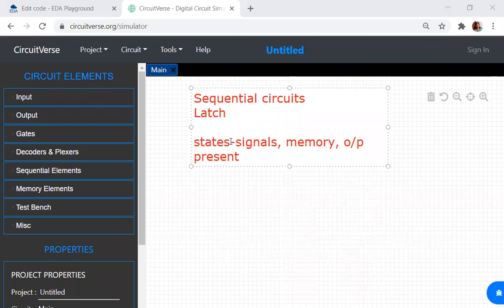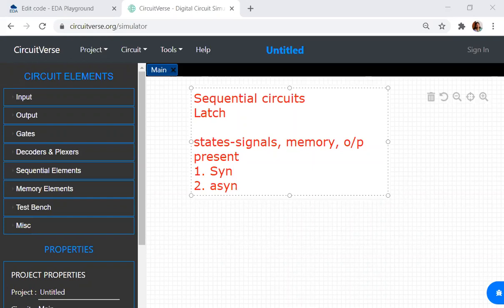Now sequential circuits can be broadly classified into two types: synchronous sequential circuits and asynchronous sequential circuits. What happens in a synchronous sequential circuit?